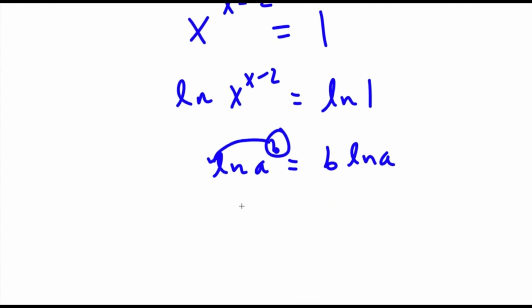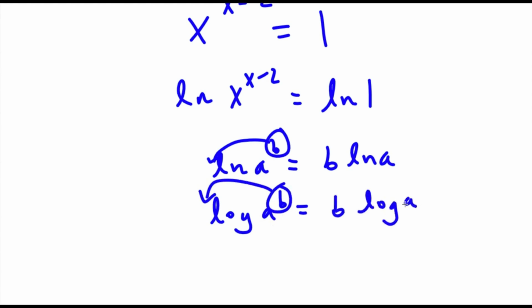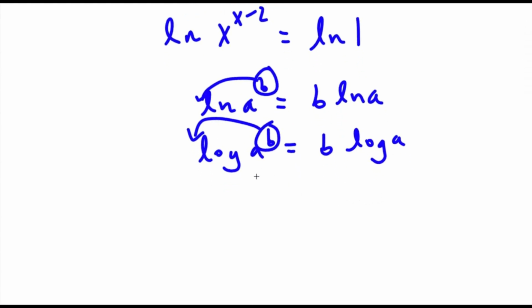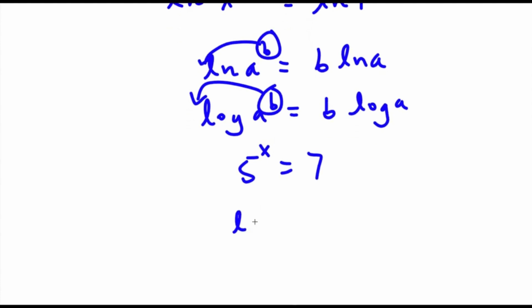And the same goes for log. If I take the log of a to the power of b, I can actually move this exponent to the front, so this would equal b times log a. And the reason this is useful is, let's say that we have 5 to the power of x is equal to 7, right? And in this case, we're solving for x, and as you can see, x is an exponent here. But if we want to solve for x, we want it to be a real term. So now, if we take the log on both sides,